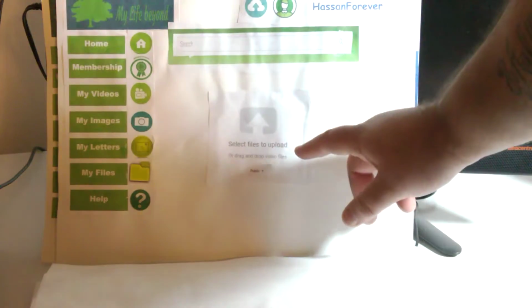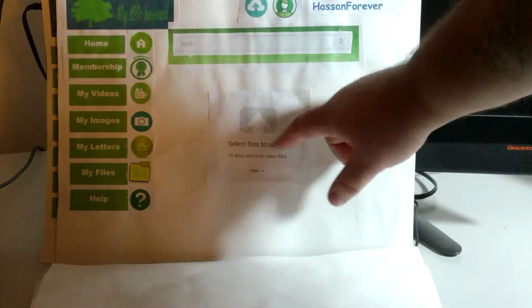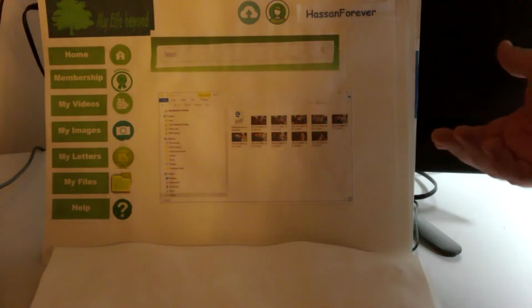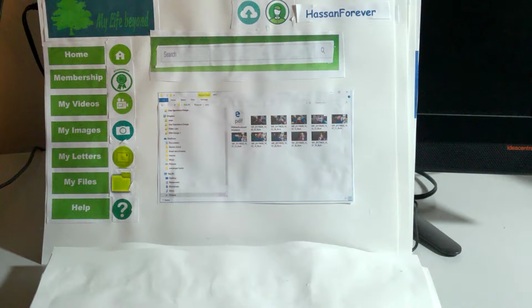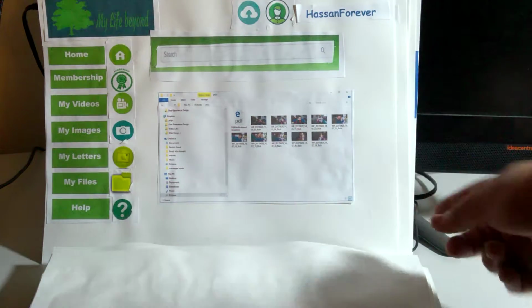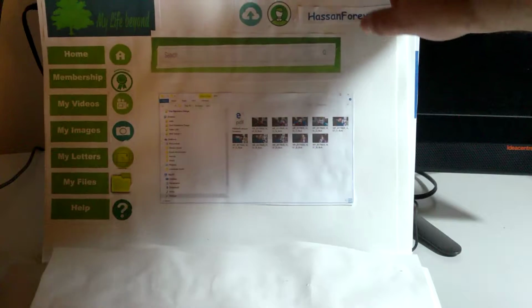This screen asks her to select files to upload. So she clicks on that, and then she's presented with this screen. It shows you the files on the computer, or whatever she has. Sorry, I'm not sure if the light was being affected, but then she chooses a video she wants to upload,